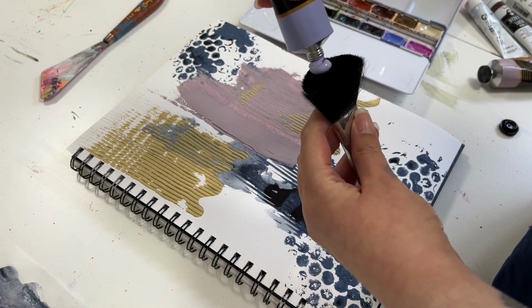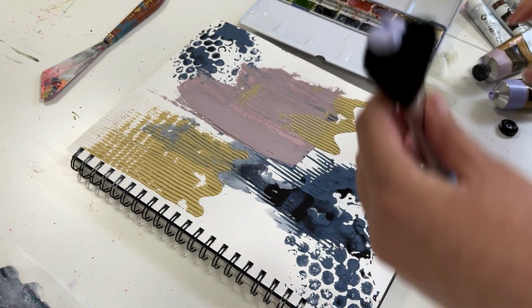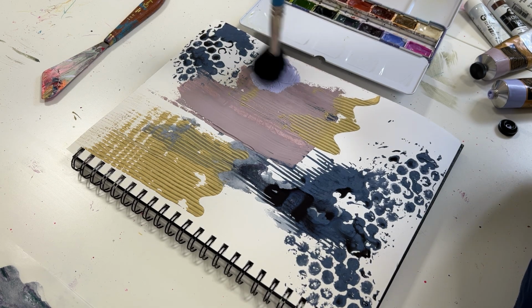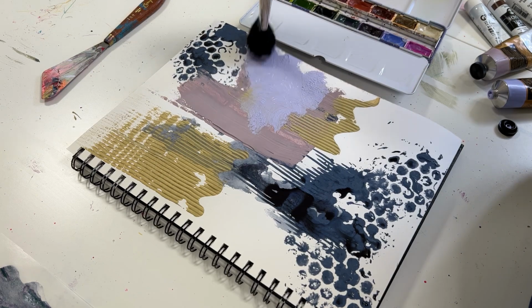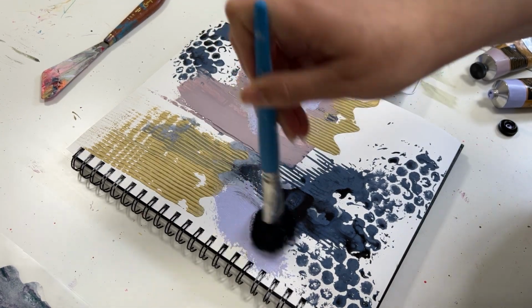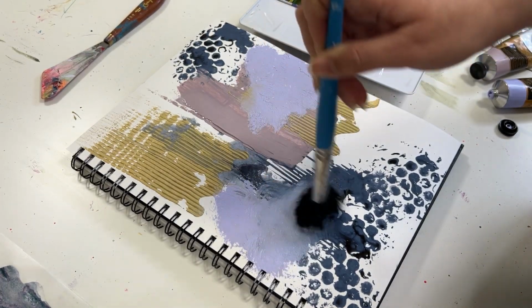But let's not forget as well, when it comes to texture, you don't have to use objects that are fancy or DIY. You can just use paintbrushes that you have, but use them in a different way. So instead of picking the paint off of the palette or anything like that, do what I did. Put the paint directly onto your brush and then just like